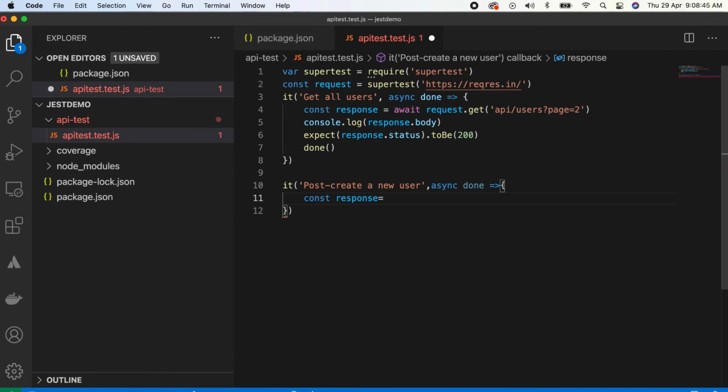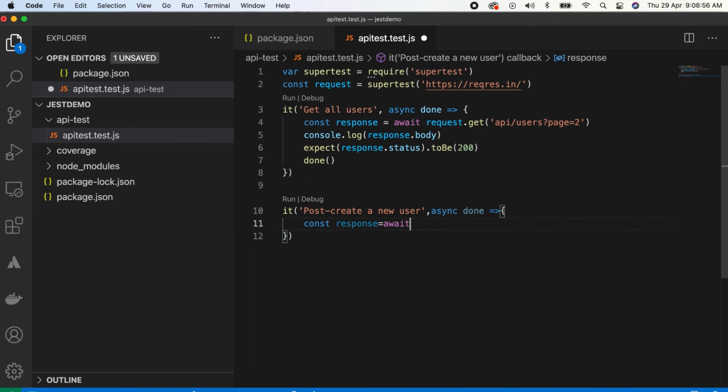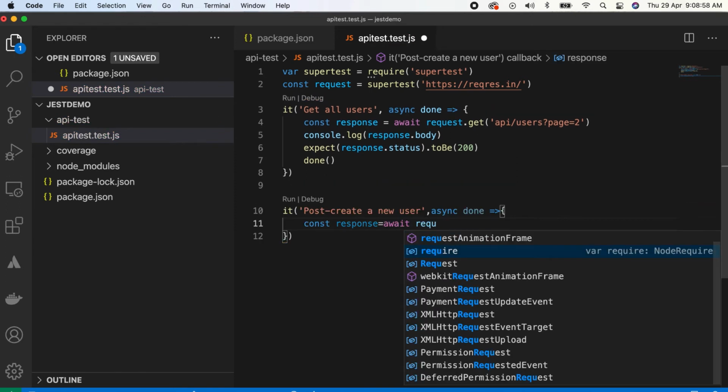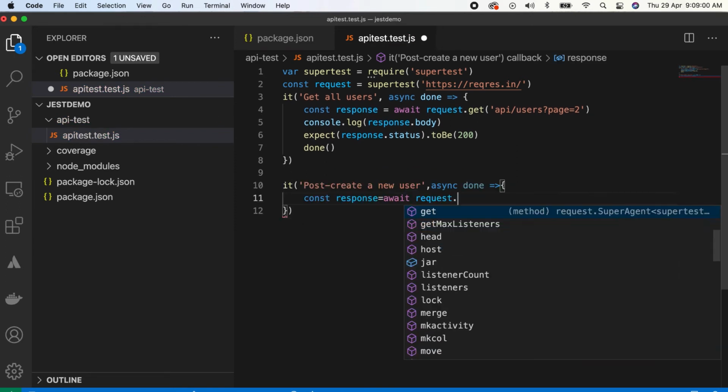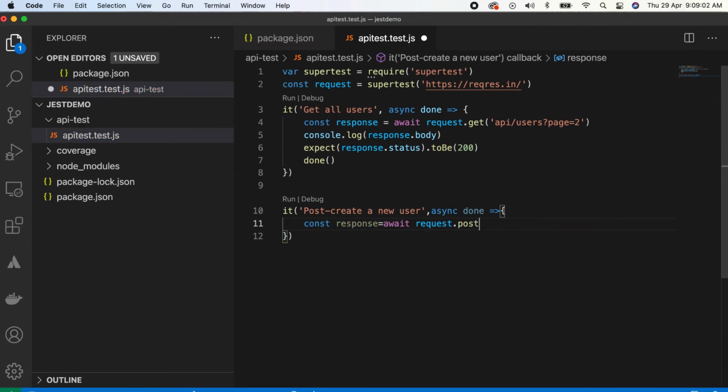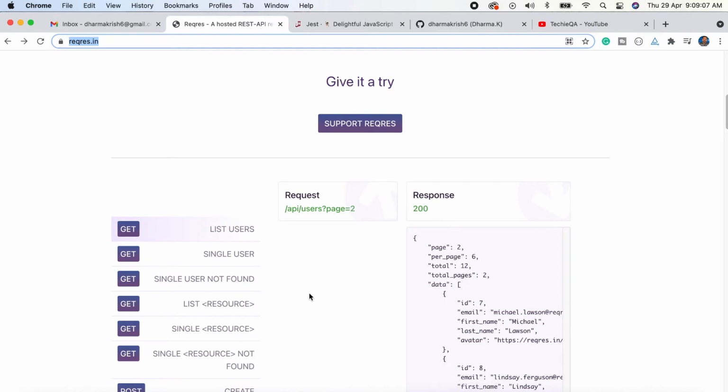Response equal to, here also we can create a variable of response because this is a local variable of this method. So that's why await request dot post of the path of create user.